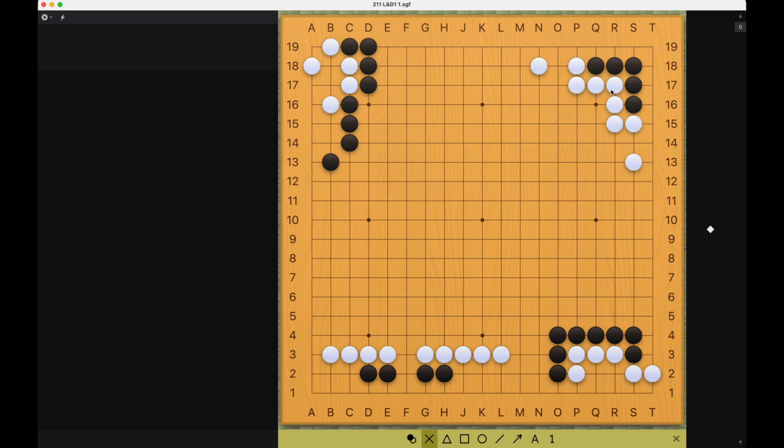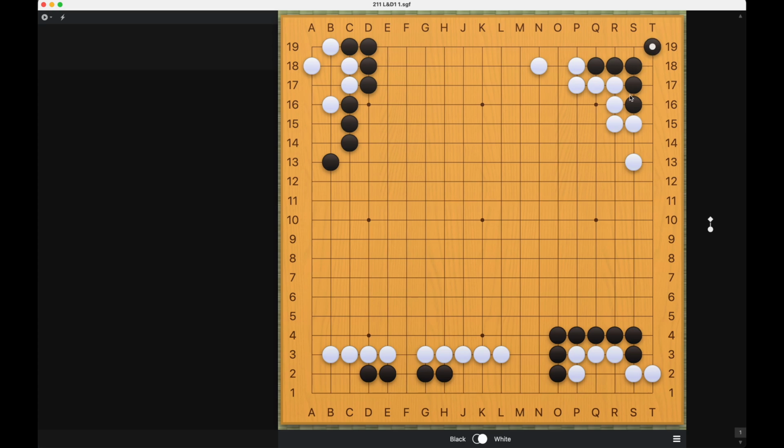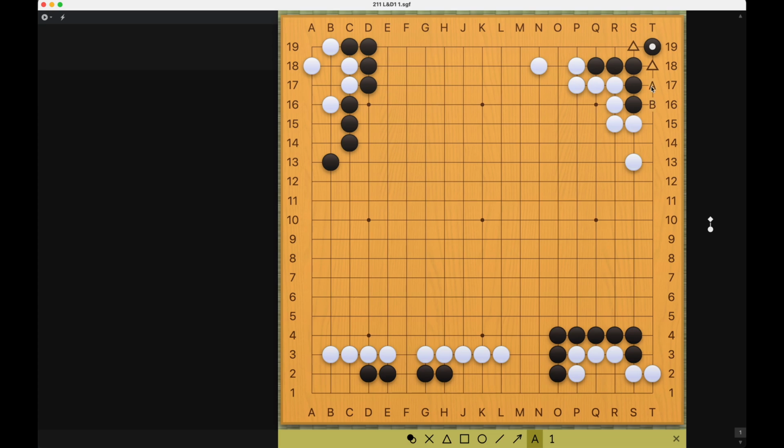Next, let's look at the pattern on the upper right. As I've mentioned before, if you are faced with a pattern that is symmetrical, the first thing you should try is a point in the middle. And in this case, it is this. And this happens to be the correct move because this move guarantees that there is a real eye on each side. And for A and B, as long as black occupies one of these points, black can make a real